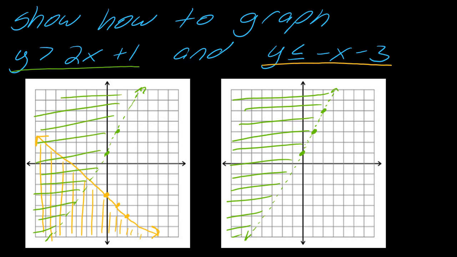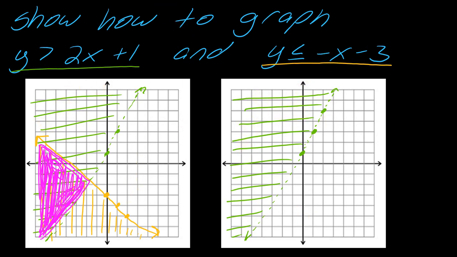The whole point of this is that you're trying to figure out where that area of intersection is. Now I can see by looking at this that where these two answers intersect is this little triangle right in here. That would be the actual answer. All of this other shading is not part of the answer. So what you would want to do after you do this work to figure this out